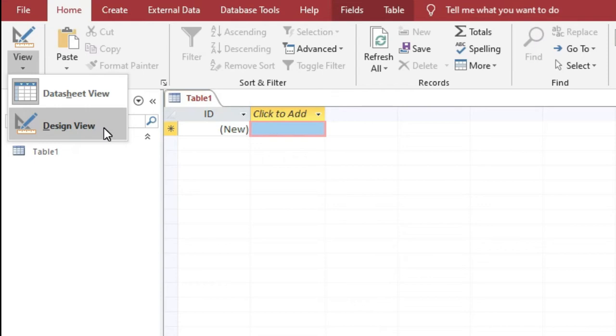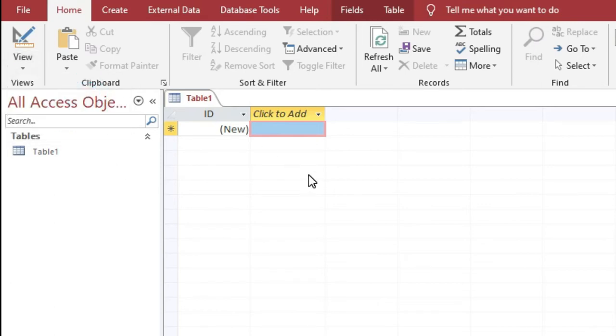Okay, now in the next part we will create a table in datasheet view. Okay, so to enter data using the datasheet view, at first we have to click the datasheet view here, and then under the click to add column, just start to enter data in the table.